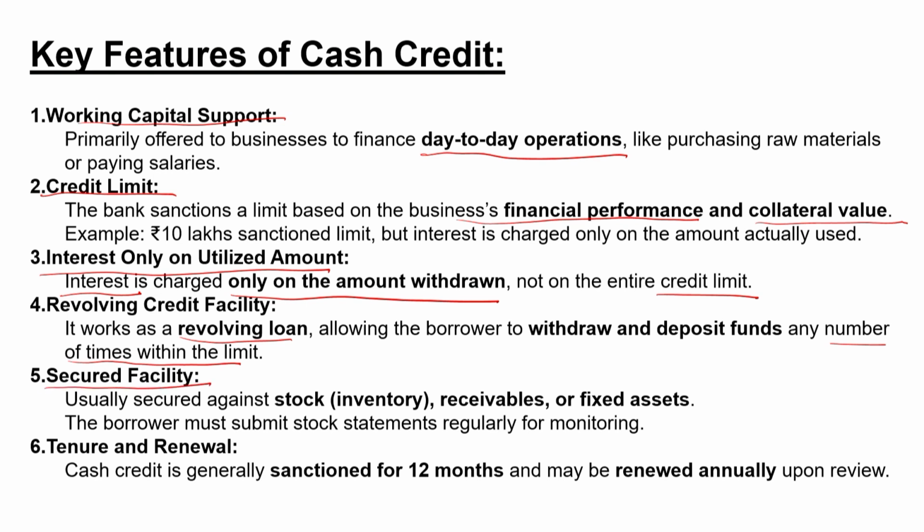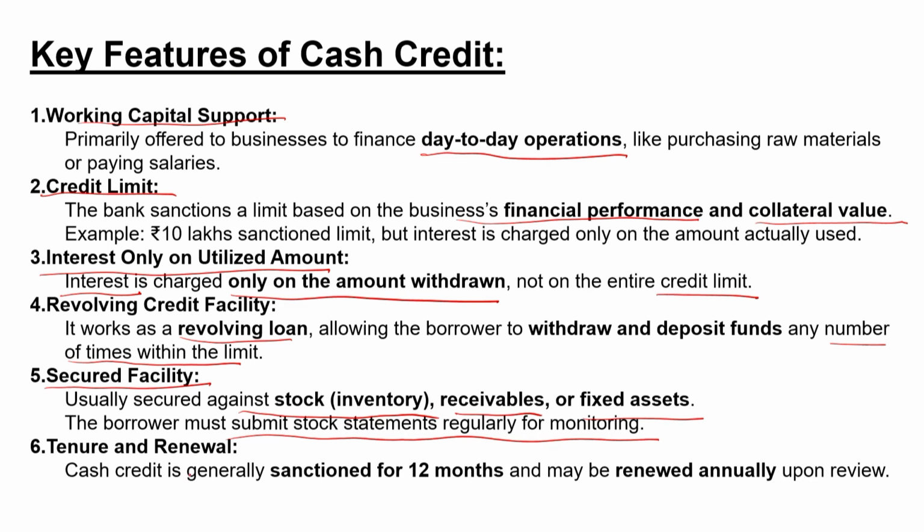It is a secured facility. That means usually in case of cash credit, you need to provide certain mortgage or certain kind of securities such as the stock, inventory, receivables or fixed assets to the banking institution for the purpose of making it a secured loan. So, the borrowers must submit the stock statement regularly for monitoring purposes to the banking institution to understand what amount of credit limit under the cash credit should be provided to the consumer depending on the collateral provided